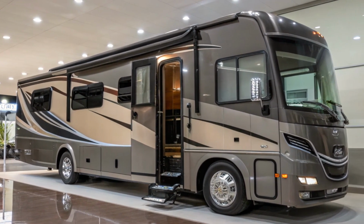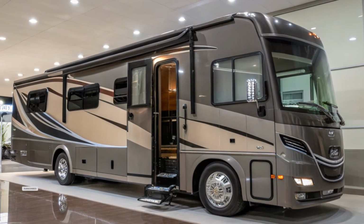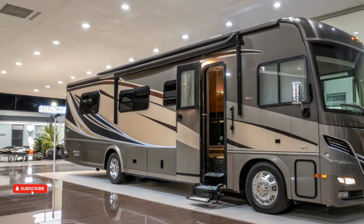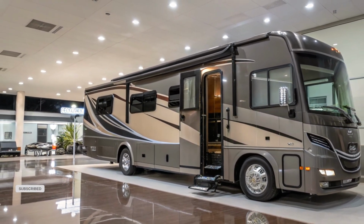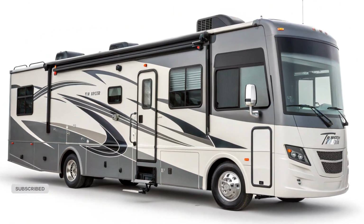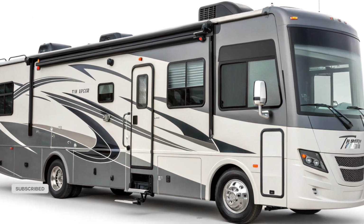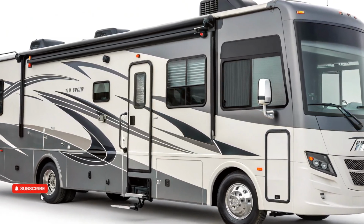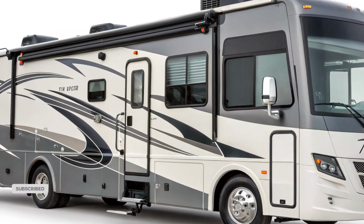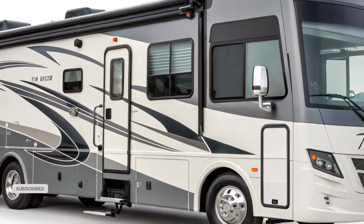The exterior of the Allegro Breeze is a testament to Tiffin's dedication to aesthetics and durability. Its sleek and aerodynamic design features Tiffin's proprietary 8-step full-body paint system, which not only enhances its visual appeal but also protects against the elements. High-quality fiberglass construction ensures the motorhome is lightweight yet sturdy, while the Powerglide chassis serves as the foundation for stability